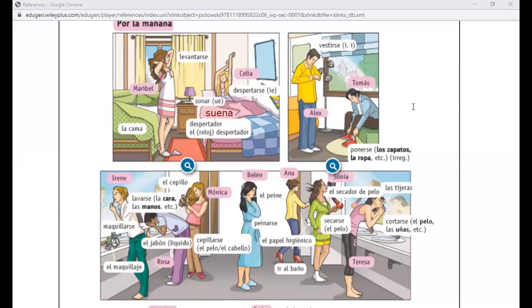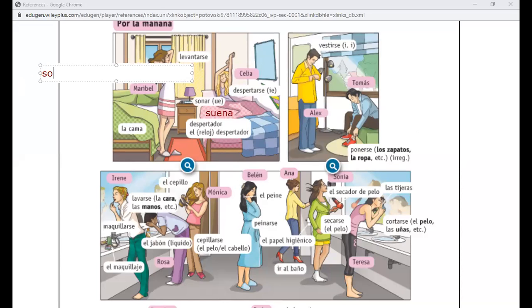Porque that's the reason you see that UE in brackets. So it's an irregular verb. Muy bien, sí. Whenever you see that, it's telling you it's an irregular verb. Entonces, por la mañana, el despertador suena. You can say el reloj despertador o el despertador. I have a question. Okay. Sorry to disturb. So you're putting the UE, it's replacing the O, and then you're dropping the R. Well, this is what's happening. Let me put it on this side.